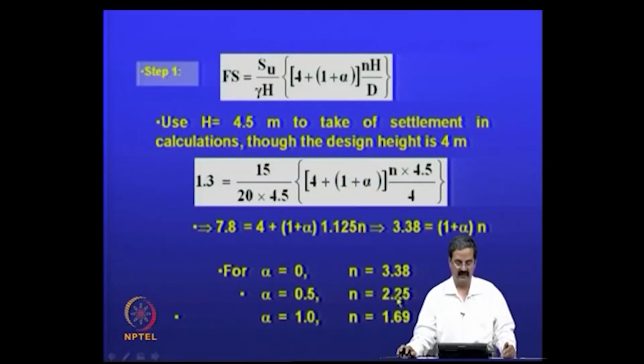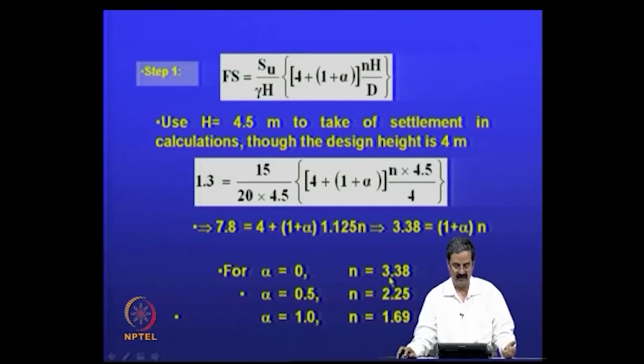So, for that, step 1, the factor of safety using this reinforcement is this equation. Sometimes, though we know in the problem that 4 meters is the height of the embankment, you can even take 4.5 in calculations to be on the safe side. So, the target factor of safety is 1.3, S_u is given as 15, gamma is known, height is 4.5 I am taking, and alpha plus this is the equation that we have, and if you simplify, if alpha equals 0,